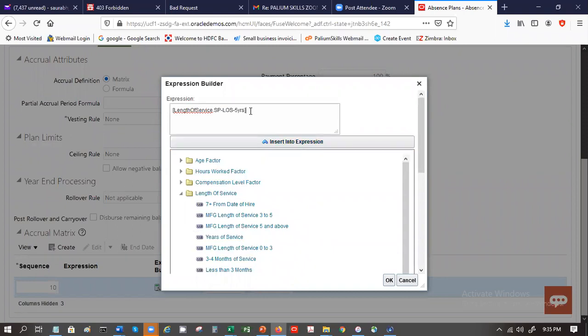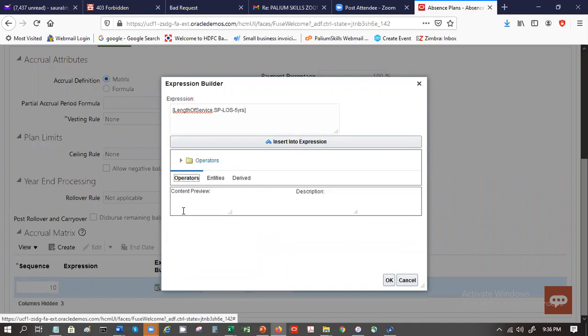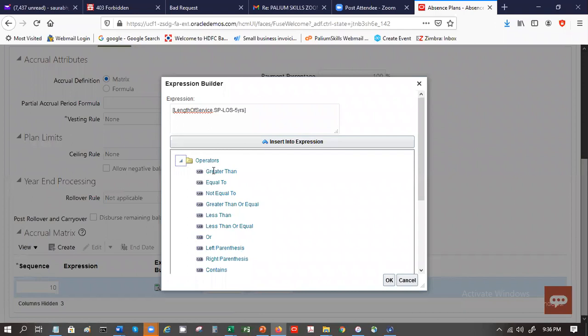Here length of service is what you are checking, and then you can also have an operator. So what are your operators? You can say less than, greater than, equal to, or you can say less than or equal to, insert into expression, and you can put a value.